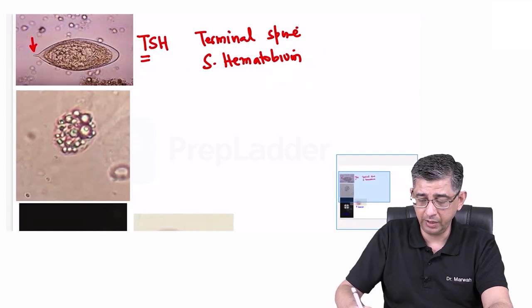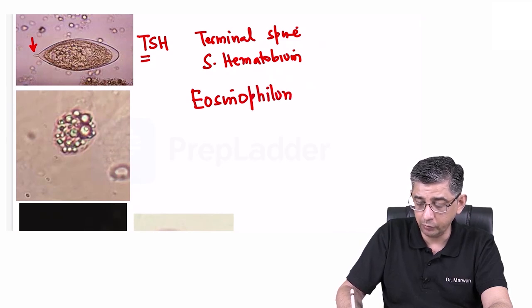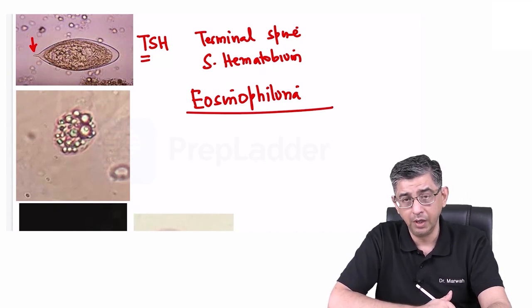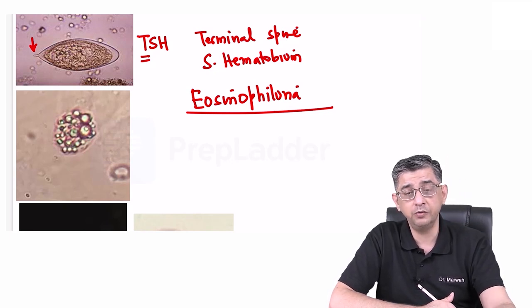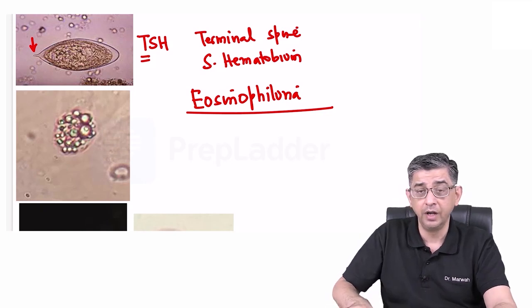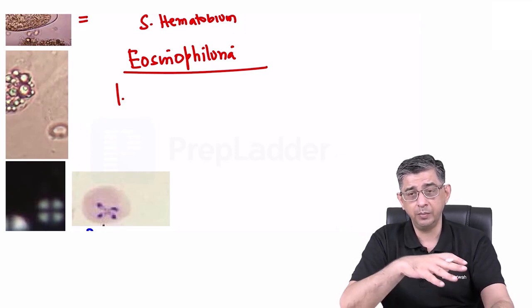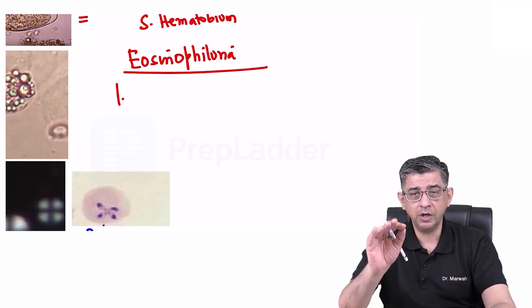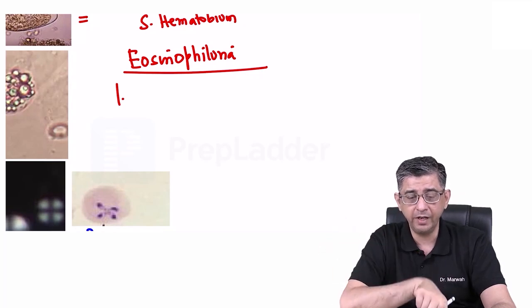The next information that I say is again important, because this is what is usually going to help you with those long clinical STEM questions, that is eosinophiluria. We read about eosinophils in the blood, but when you read about eosinophils in the urine, it's a little rare. So let me just give you a clinical history here and let me see if we can pick it up. This patient is undergoing a coronary angiography. For coronary angiography, you can take a femoral route, right? You can have a transradial route,